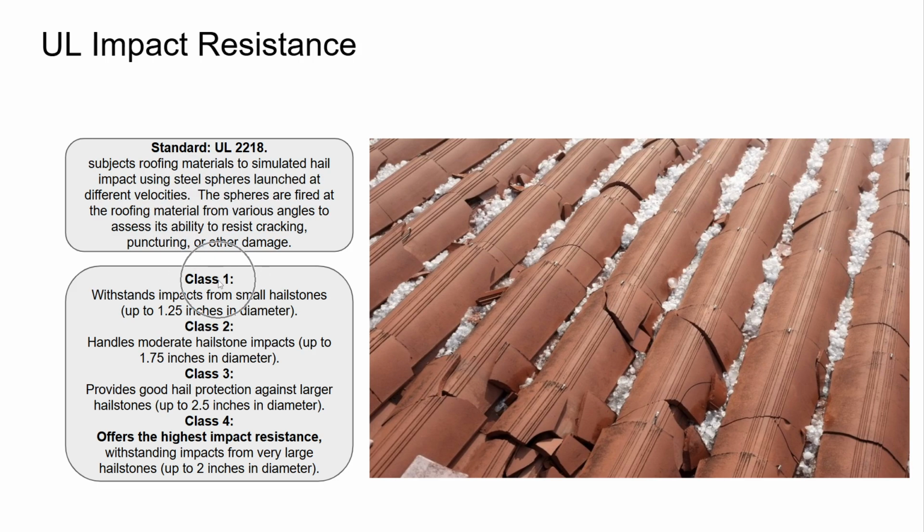Okay, so class 1 withstands impact from small hailstones. And they're saying small hailstones is 1.25 inch diameter. That seems pretty big to me, but that's a small one. Class 2 up to 1.75, and class 3 good up to 2.5